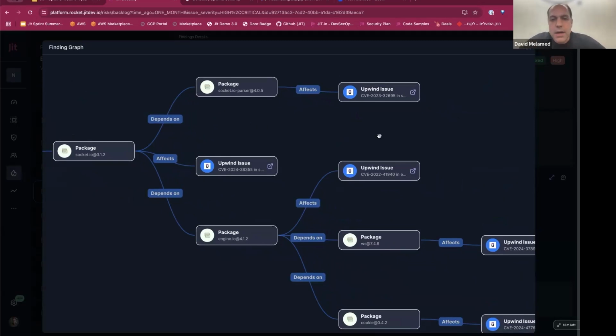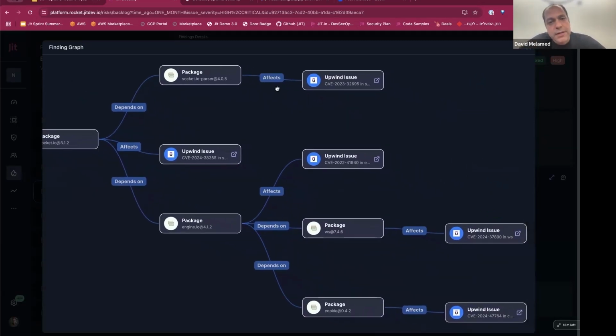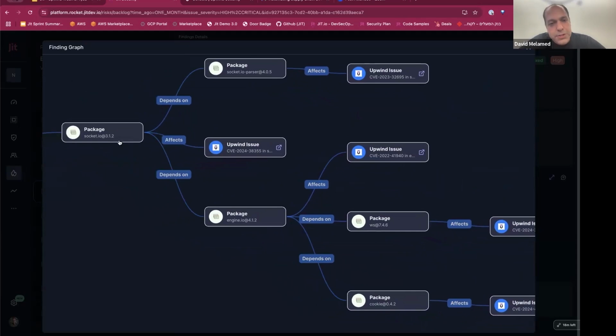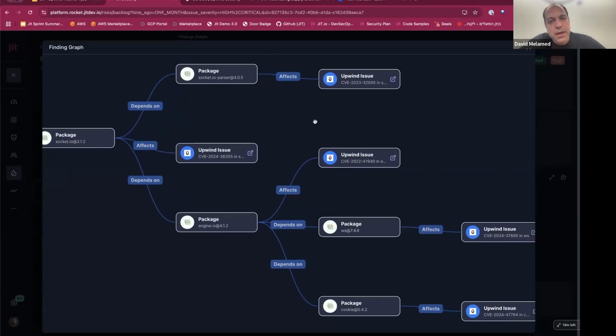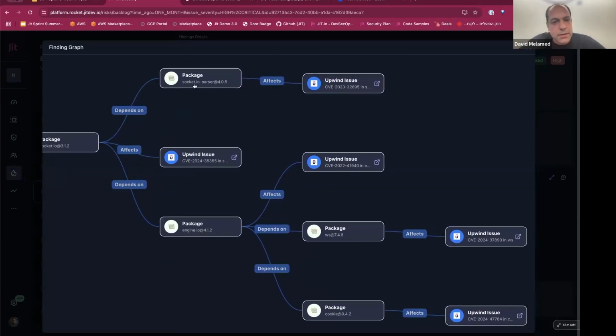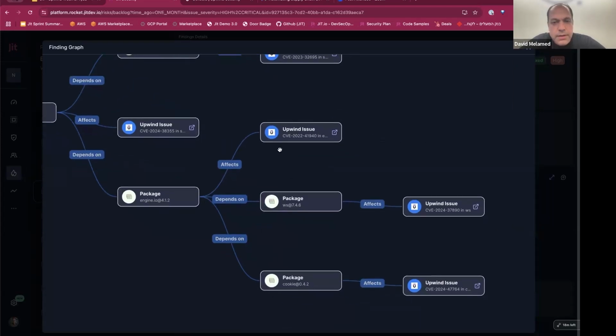As you can see here, Upwind managed to find issues on multiple of those packages, both on the root package and on sub packages, on dependencies of these different packages. So here what you can see is basically there is a vulnerability on this sub package. There's a vulnerability here on the engine.io, which is a dependency of this root package. There is also a dependency here, a vulnerability here. So you can see basically all these different